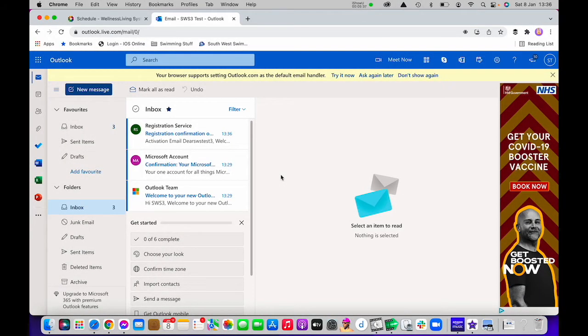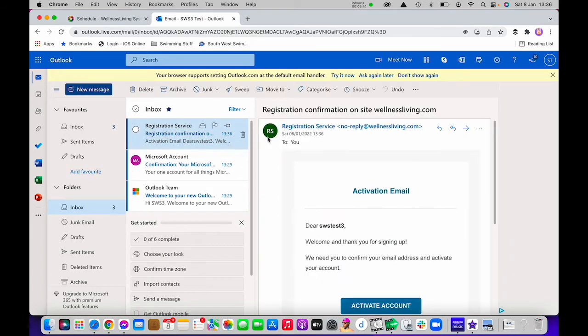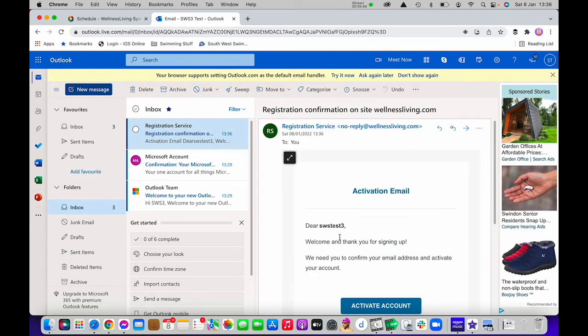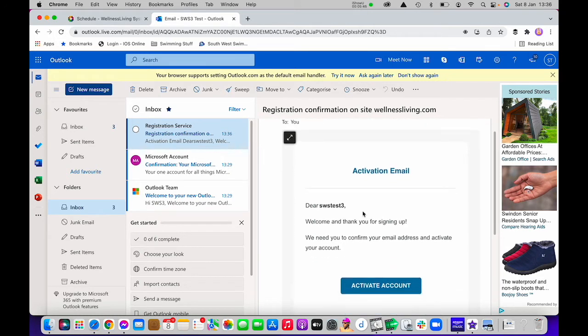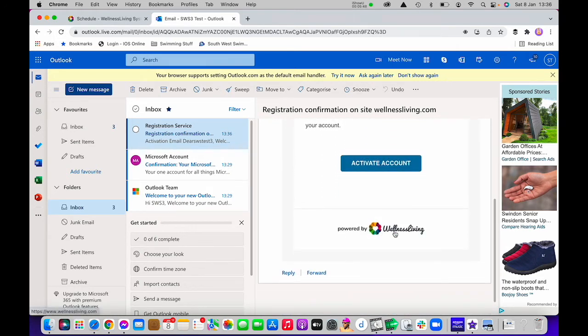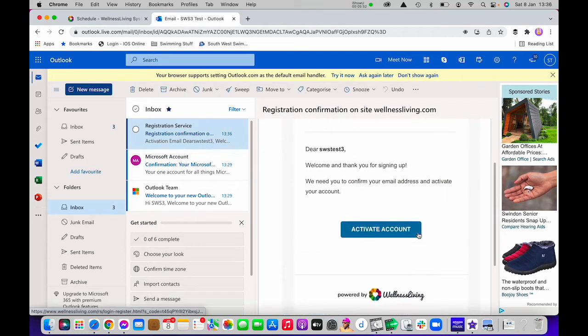So I've gone across to my email browser, and here we can see that registration email. So if I click on that, you can see it's an activation email. It will have the name of you up there. If you look down the bottom, it says powered by Wellness Living. Now, Wellness Living is the company that manufactures and manages our app and our website and our booking system. So don't worry about that. It won't say Southwest Swim. It will give you the name of our developer. And all you need to do now is click Activate Account,